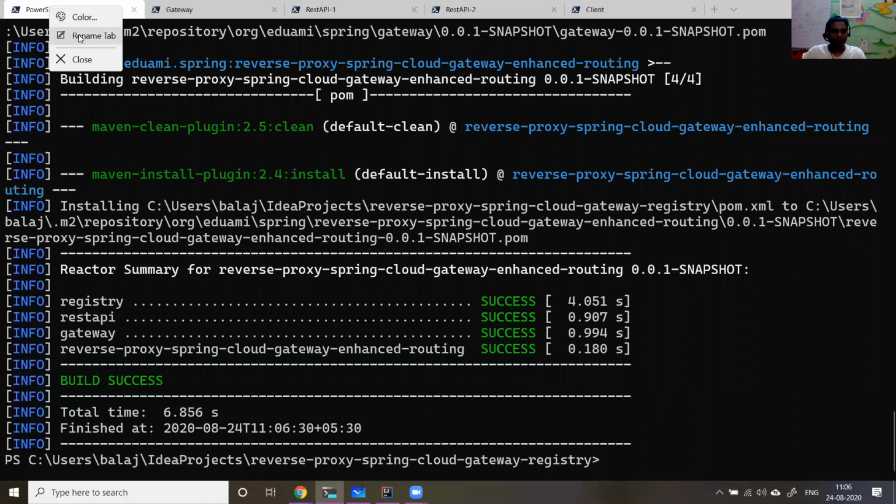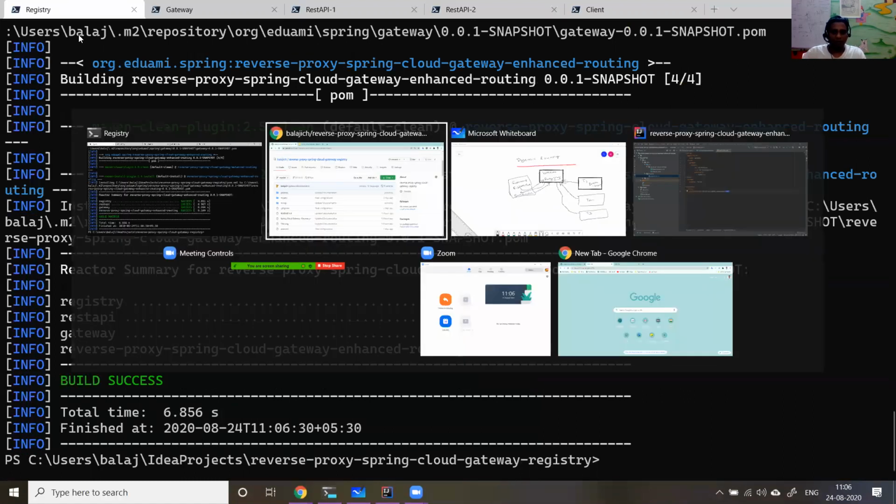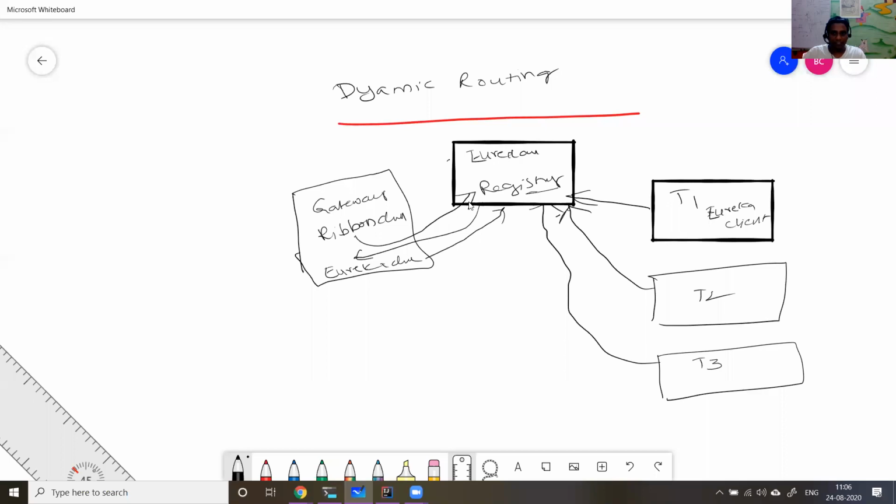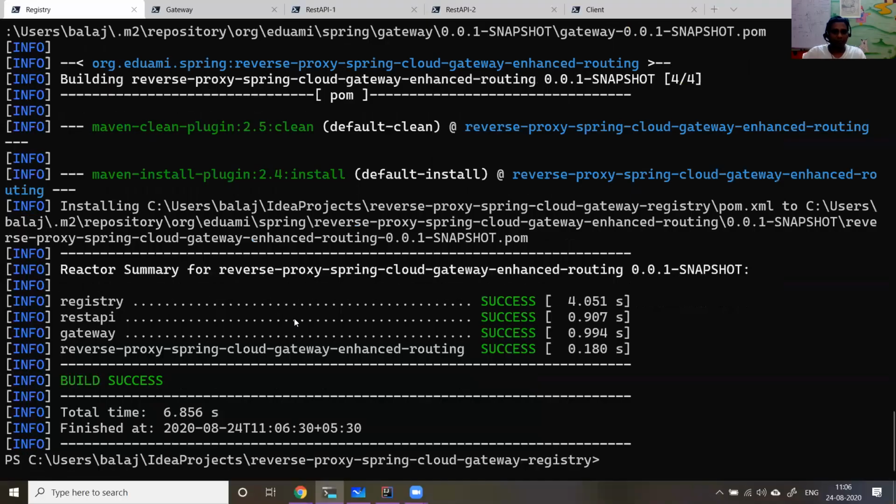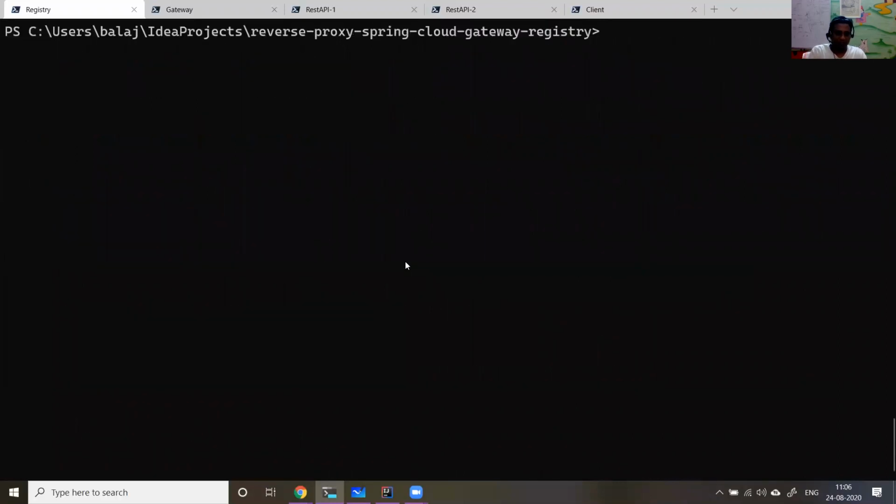Now what you need, the first thing is the registry. You need to run the first component, which is the registry. If you see the screen, this is the Eureka service registry. So the simple way is java -jar registry target registry.jar.